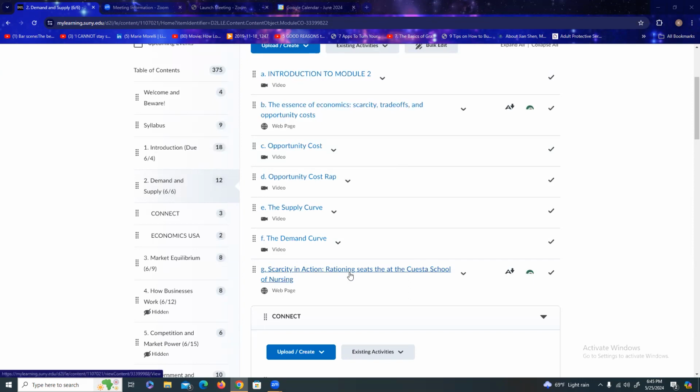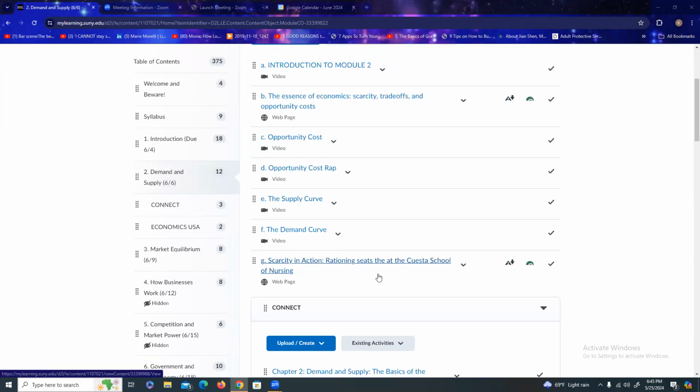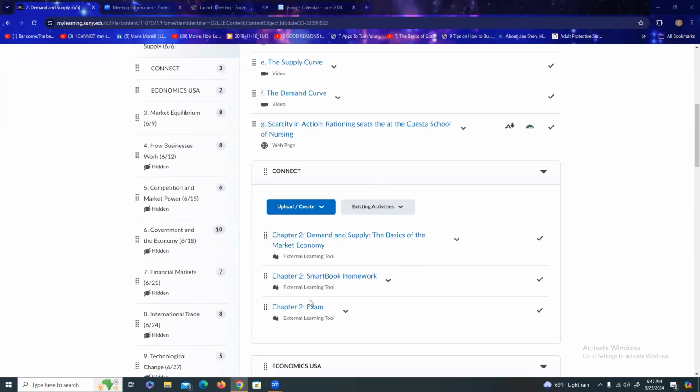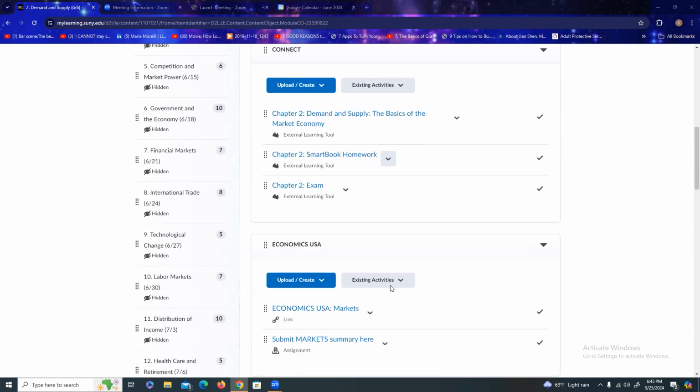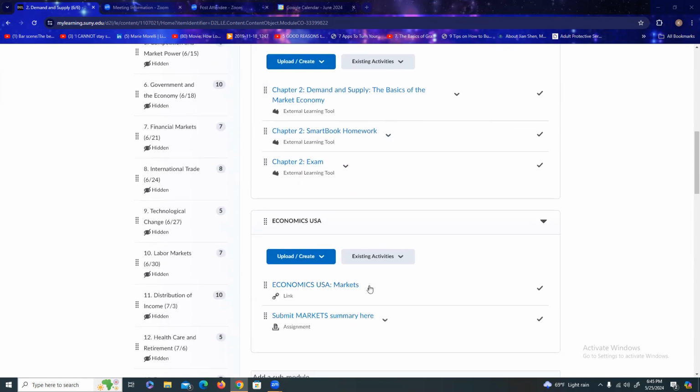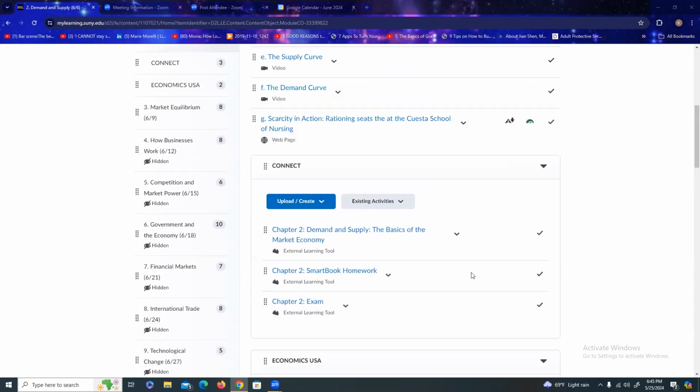And scarcity in action: rationing seats at the Cuesta School of Nursing. Really interesting. And actually, we're going to be discussing this one in the next module. The Connect assignments, you know how to do those now. The reading, the homework, the exam, and of course, Economics USA's on markets. Summarize the 3 cases and submit them there. Now let's go back to the